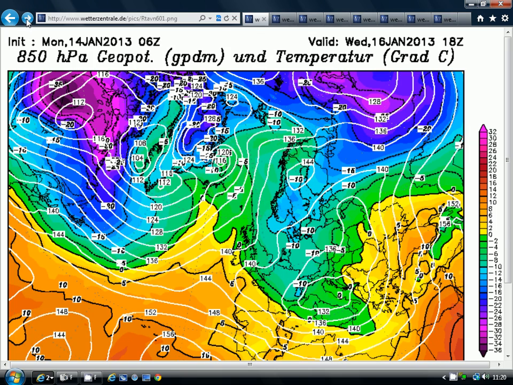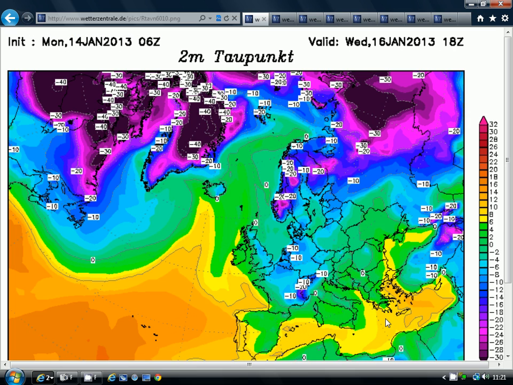If you have a look at the upper air temperatures on Wednesday, well, we're not so cold upper air temperatures, but we're all within the -5 isotherm. Got -10 hPa up there over Scandinavia. Not severely cold, but once we get down to the surface and we have a look at the dew points,